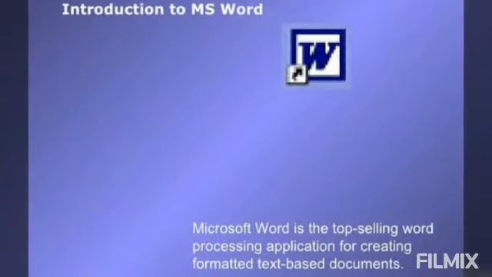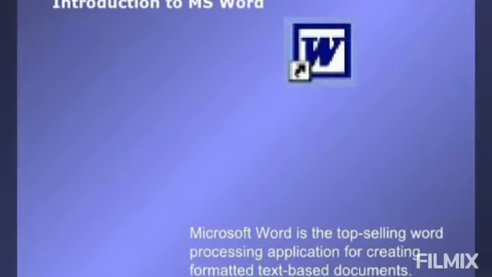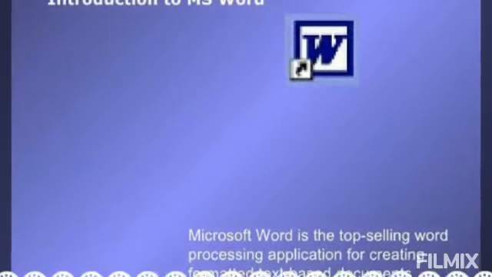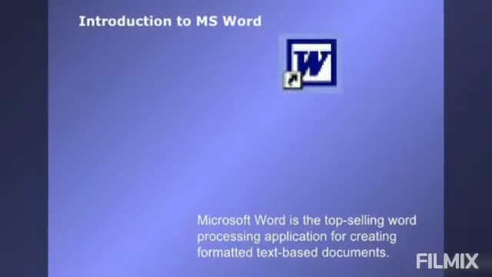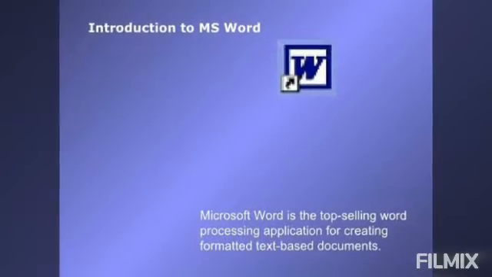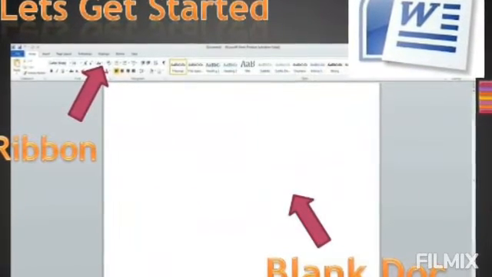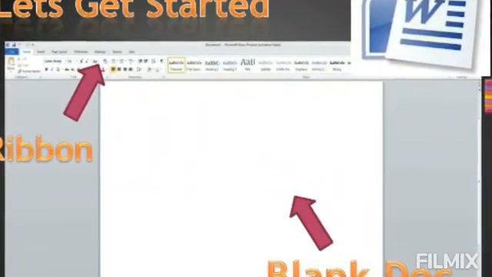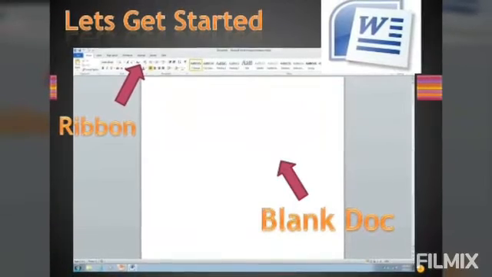What is MS Word? Yes, MS Word is an application software which is used for word processing. The company called Microsoft has made the program MS Word. That is why it is called Microsoft Word or MS Word. When you open Microsoft Word, it opens a blank document with a temporary name Document 1. And this is the place where you can start typing your document or letters or reports or anything.